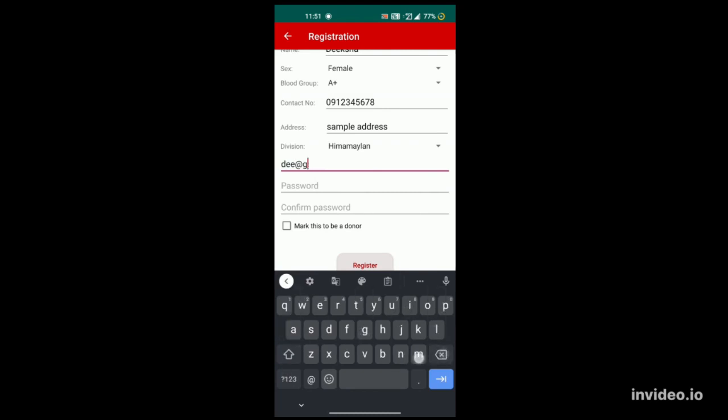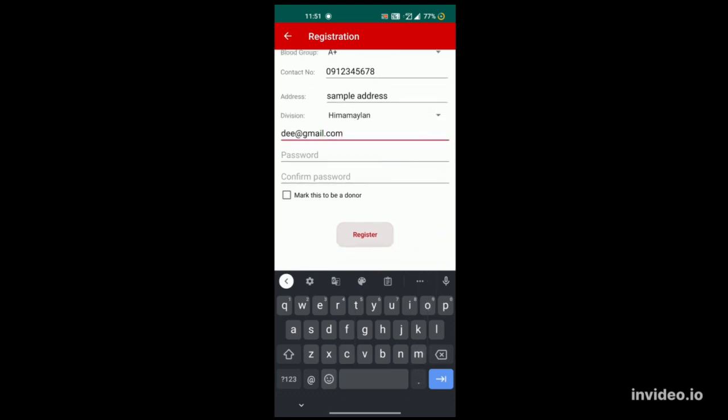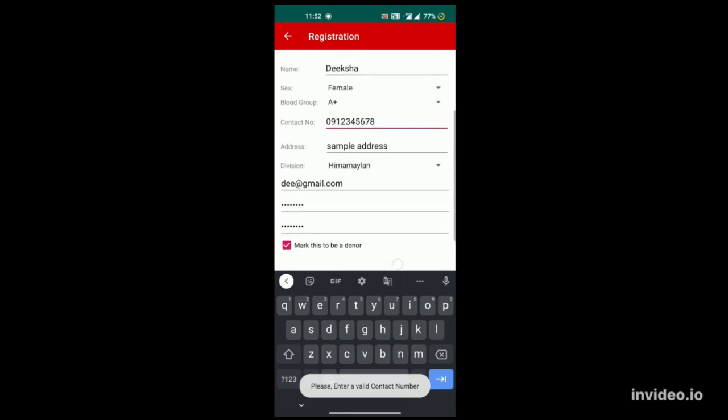Next, we'll have to give the mail ID and the password, and like any other app, we have to confirm the password. There is an option called mark this to be a donor. If that option is checked, our account will be created as a donor account, or else it will be just created as a normal account. When we click on register,